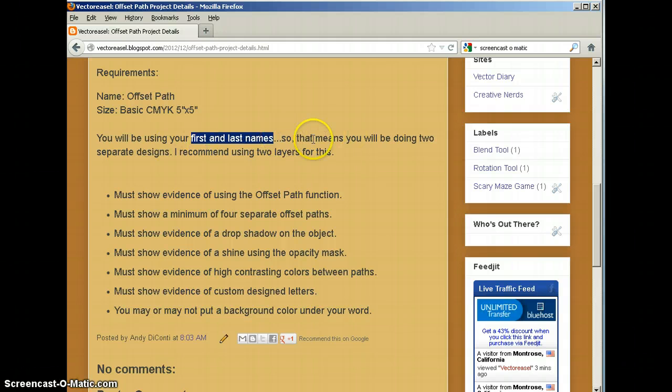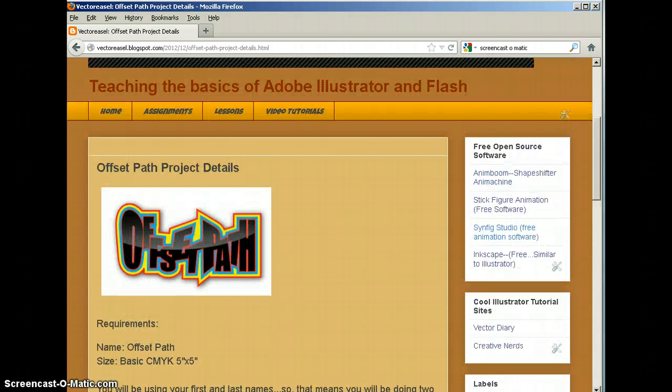You will be using your first and last name as the 2 words. So that means you will have 2 separate designs, and I recommend that you use 2 layers for this. Okay. Now,